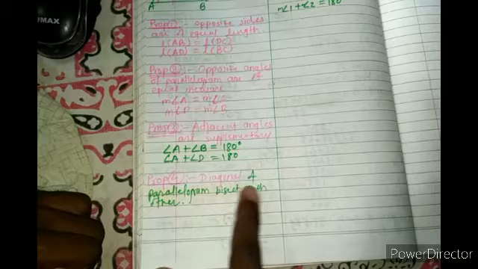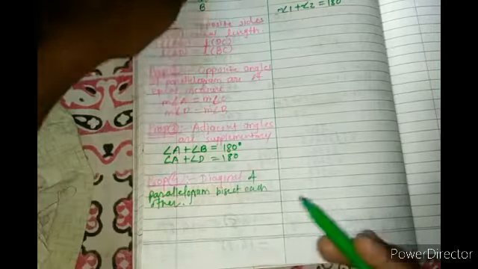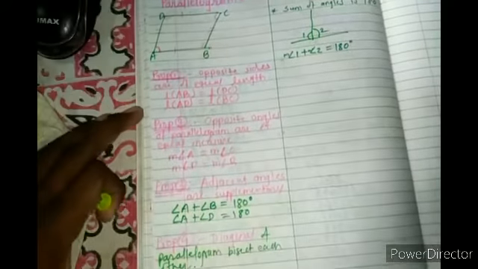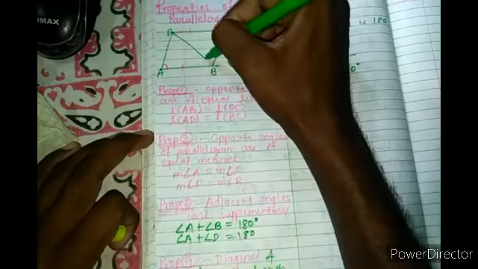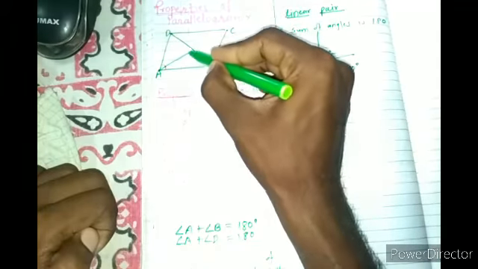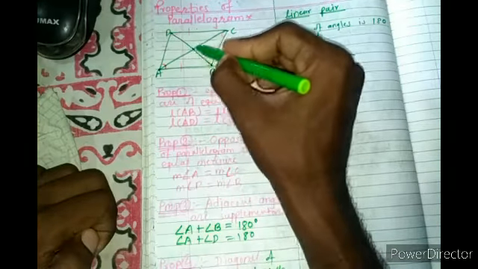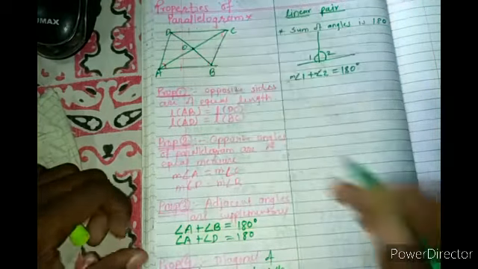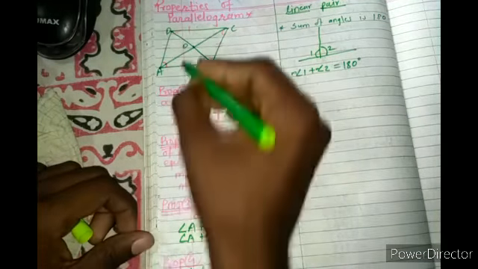After that, the diagonals of parallelogram bisect each other. Suppose I am drawing the diagonals, right? I have drawn this diagonal. So the another diagonal bisects this diagonal BD from here, that is O. So what is meant by bisect? Bisect means if suppose I am taking this part,